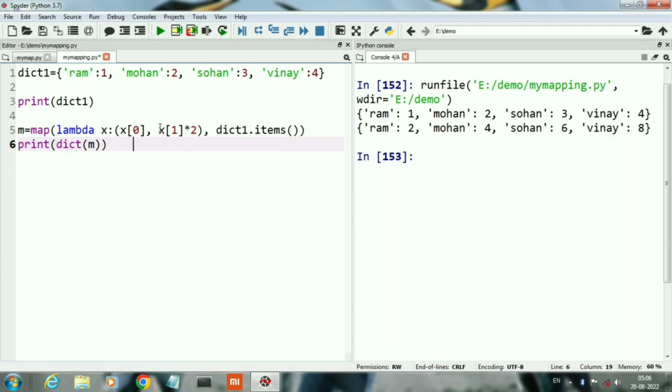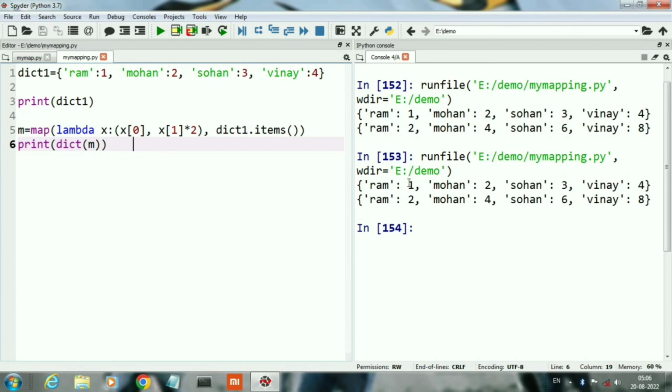Next we will run our program. x0 is showing Ram and x1 is showing 1. When we run the program, you can see here we have doubled the actual values by using the map function, where we pass two functions. First one is user defined and second one is lambda.